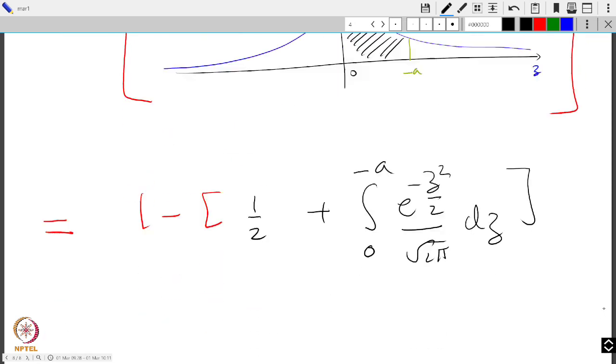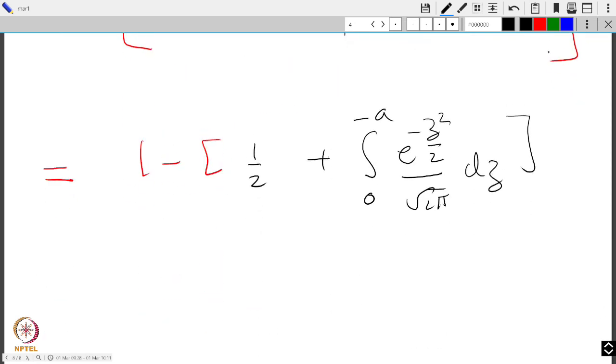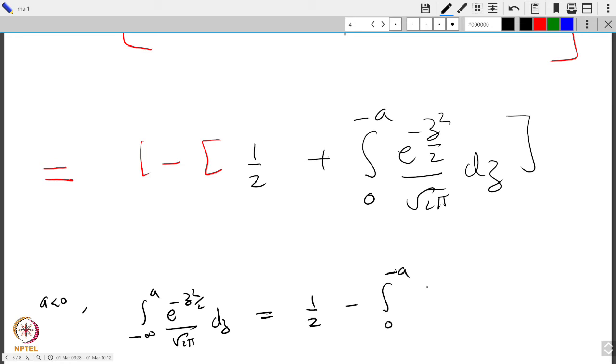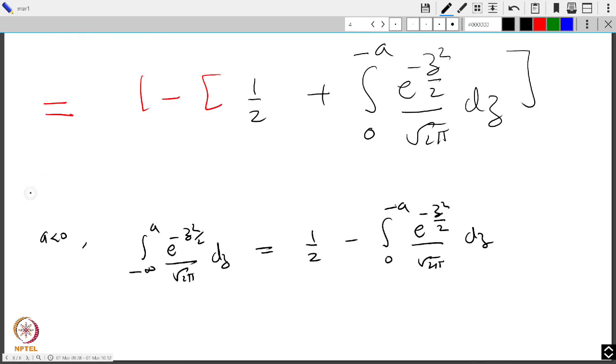For a negative, the integral from minus infinity to a of e to the minus z squared by 2 over square root 2 pi dz is equal to, on this side, 1 minus a half, that's just a half, minus the integral from 0 to minus a of e to the minus z squared by 2 over square root 2 pi dz. So again, for a negative,